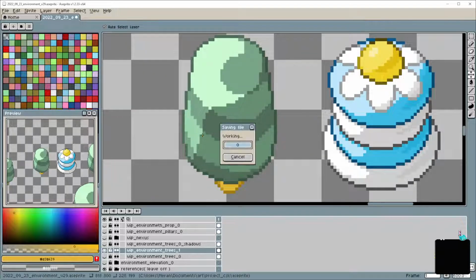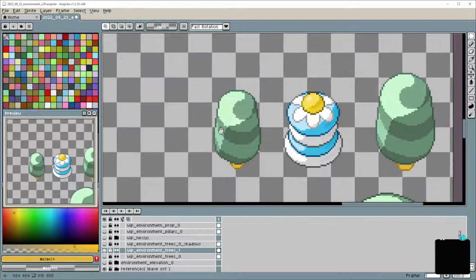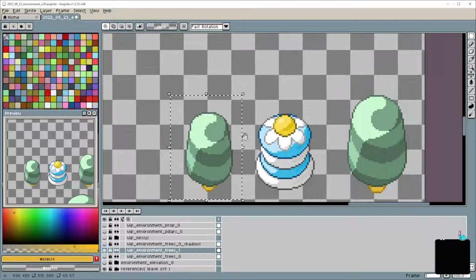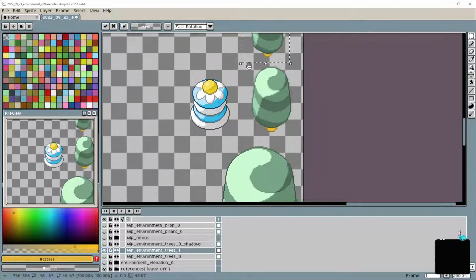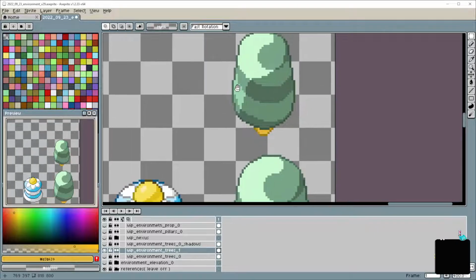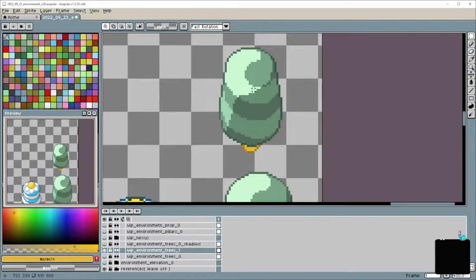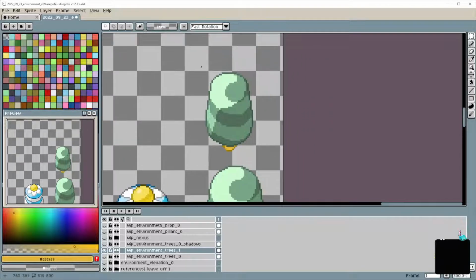Okay, so I'm okay with this iteration of it, so we don't need this one. We can pass on that one. This can be our first of this type. I'm not opposed to that green color either. I think it has room for improvement, but I'm not entirely opposed to it. Okay, so that's going to be the first iteration of this.